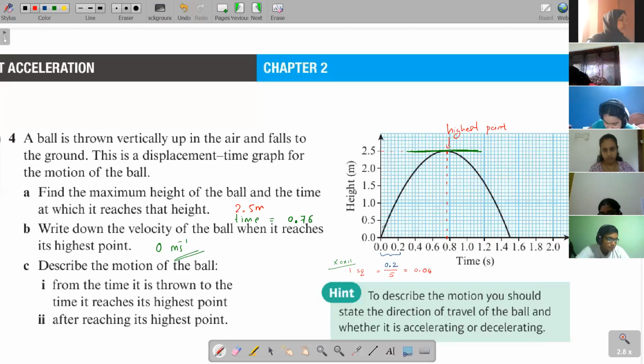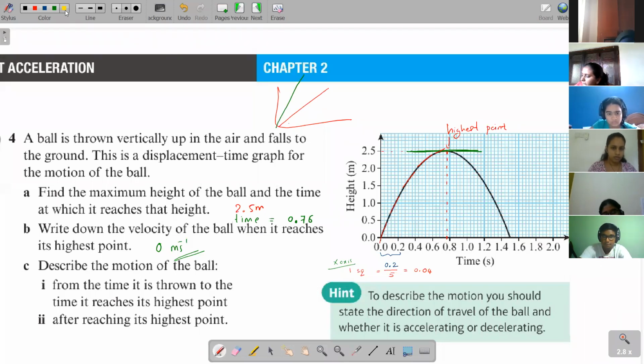Look at the gradients. Look at how the gradients are changing in this graph. What do you think is happening to the gradient of the graph? Is the gradient increasing or is the gradient decreasing? Shavan, what do you think? When you take a graph like this and compare it with this one, which one has the higher gradient? The higher the slope, the higher the gradient. So the green color graph has a higher gradient. The lower the slope, the lower the gradient. So if you look at this, is the gradient getting lower or is it getting higher?